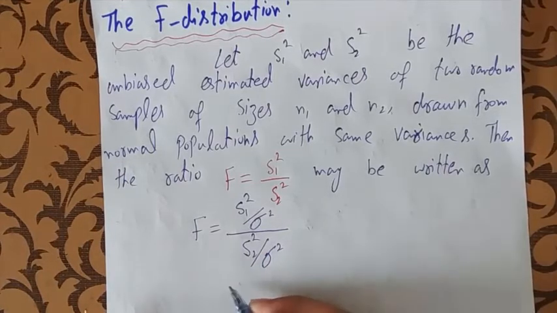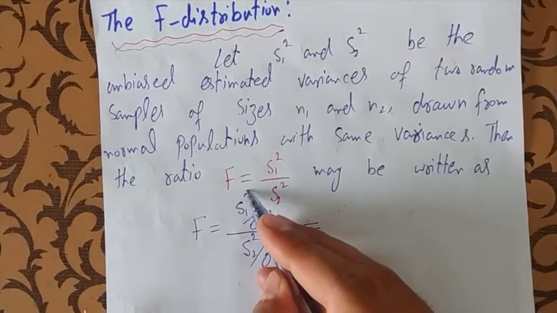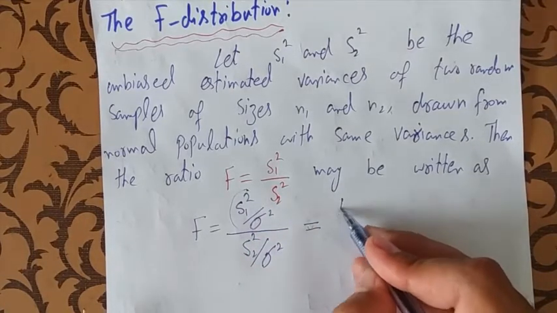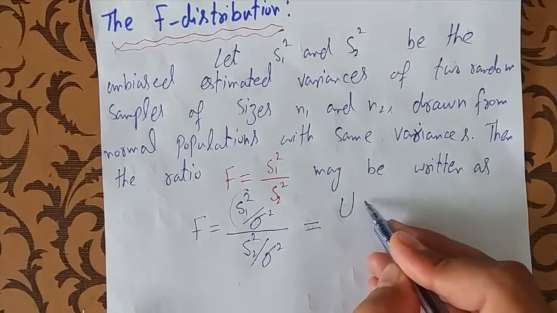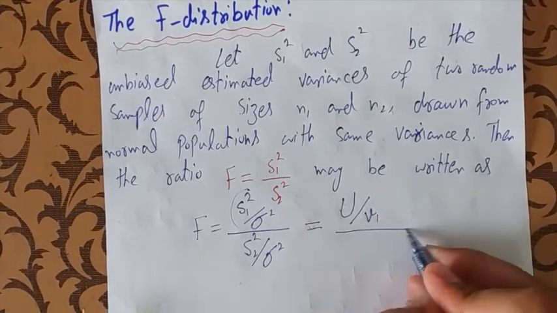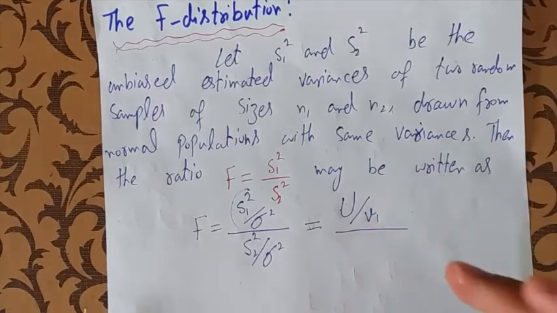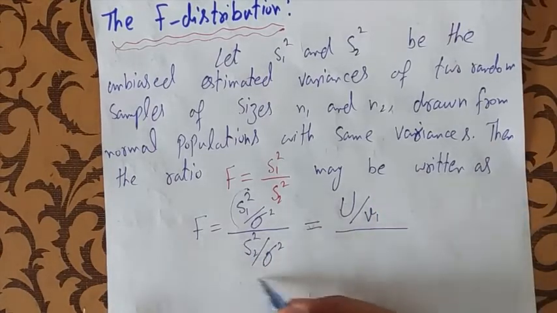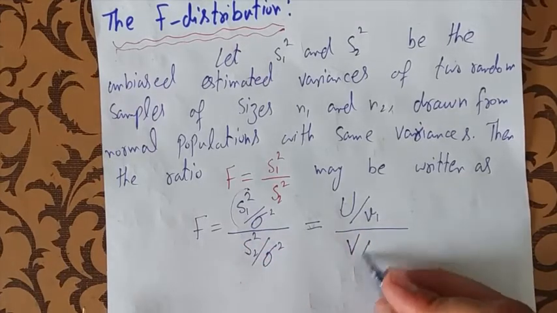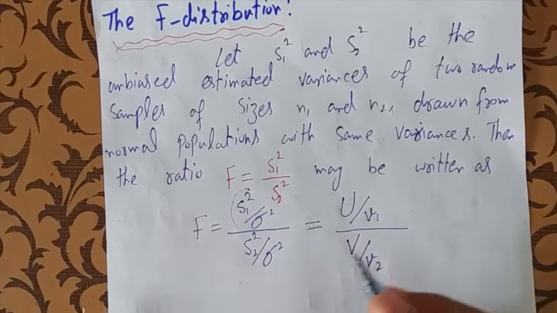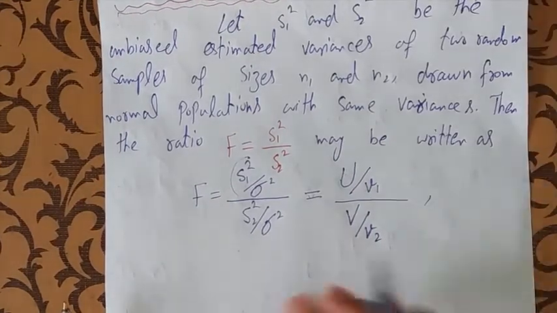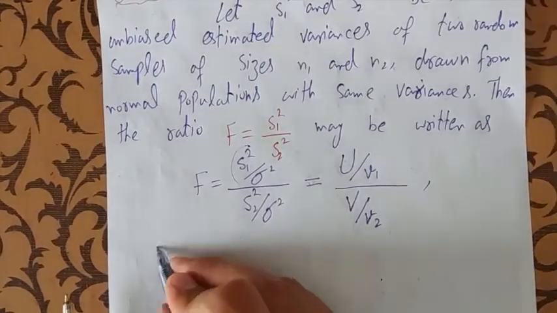So we also say this is U divided by its degree of freedom, which we already proved. Also, this divided by this is denoted as capital V and divided by its degree of freedom, which we also proved, and where